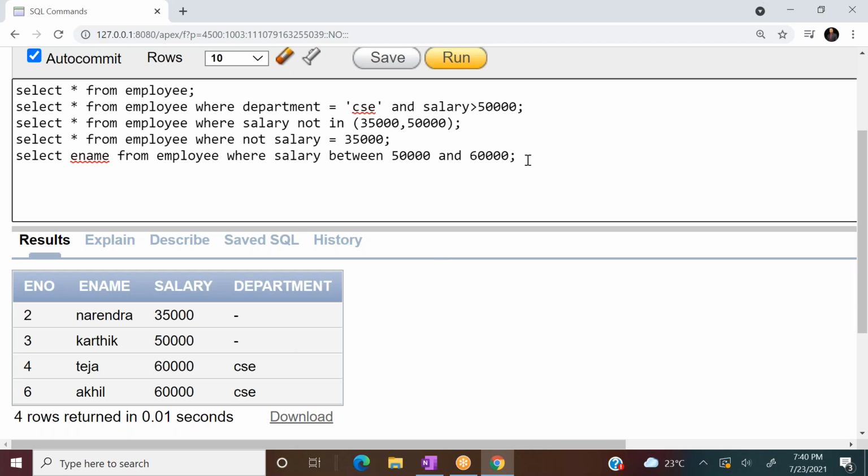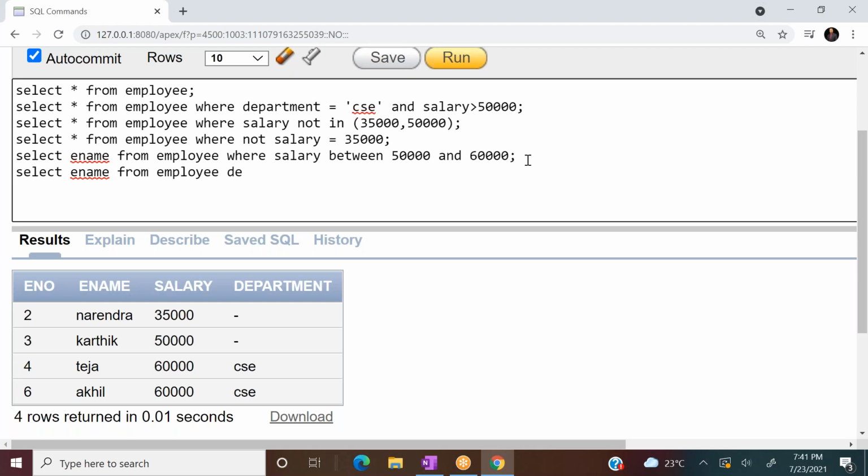I wanted to find those employees. I wanted to display employee names from the employee table whose department is not mentioned.